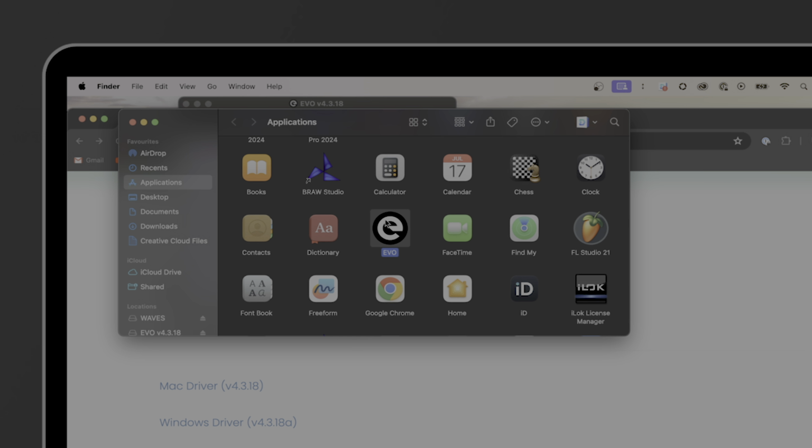Now, with the drivers installed, it's time to run the EVO Mixer app. A lot of the time when you start your PC or Mac, the EVO Mixer will already be running, waiting for you to plug in your interface, but you may find that the first time, this needs to be opened and awoken to begin its audio journey. In that case, we go to our applications on Mac or the start menu on Windows, and we find the EVO app. In this case, I double click it,